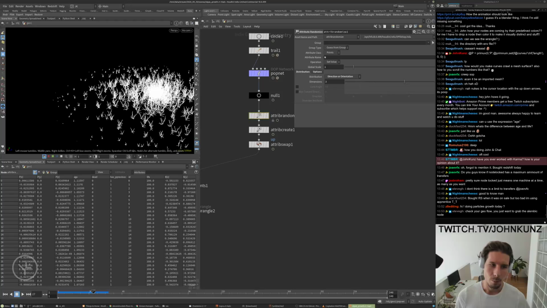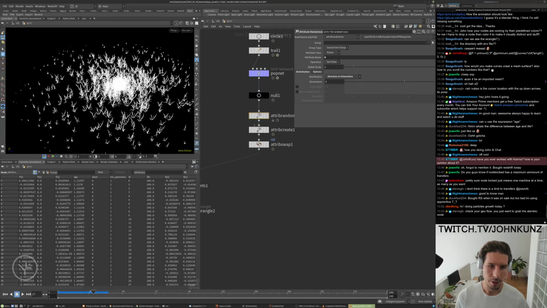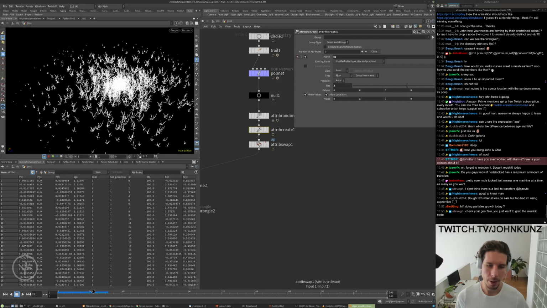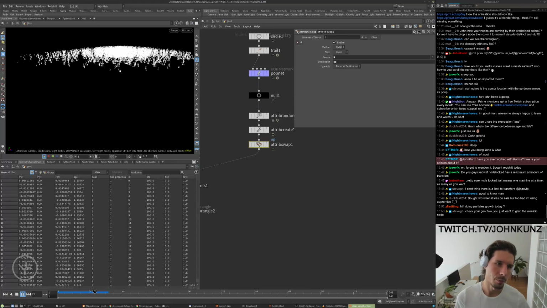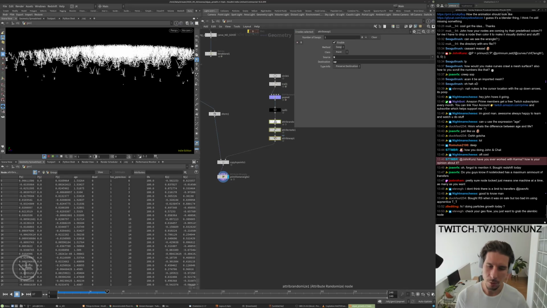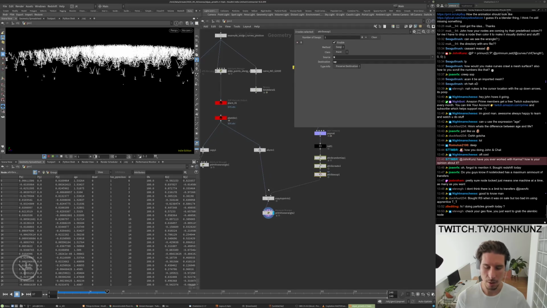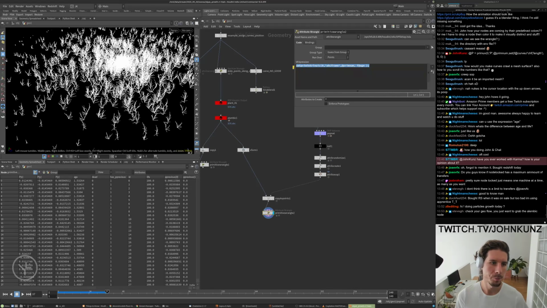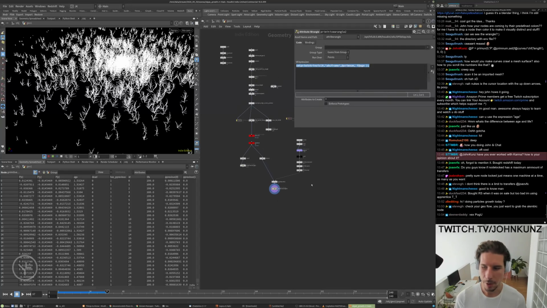So now we're spinning them randomly, using this up, then flipping them between N and up, swapping them to get random rotations. You could do this all with one line of Vex, but I'll generally try not to do too much stuff in Vex, especially streaming, since I'm only trying to do the important stuff that you can't do with other nodes. You could be a madman and do everything in one Vex node, but it just gets a bit